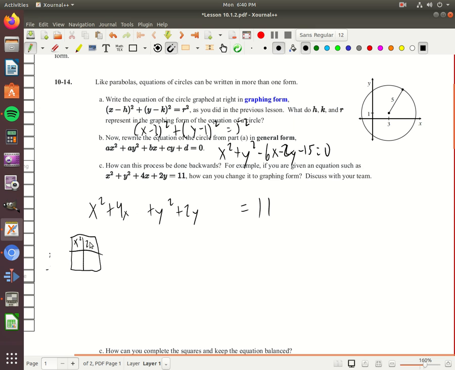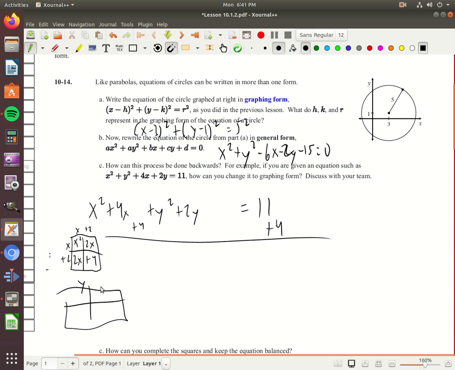There's my x squared, there's my 2x, there's my 2x, x plus 2, x plus 2. I need to add 4 to complete the square. But if I add 4 over here, I need to add 4 over here. And likewise, if I go to this one, I have my y